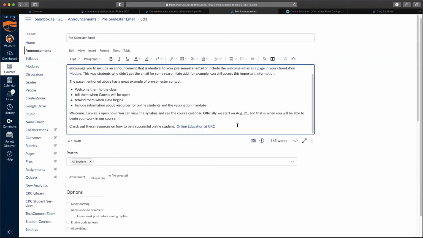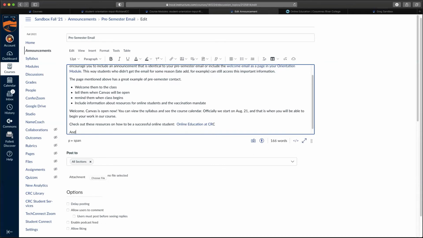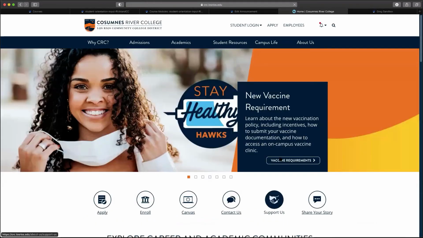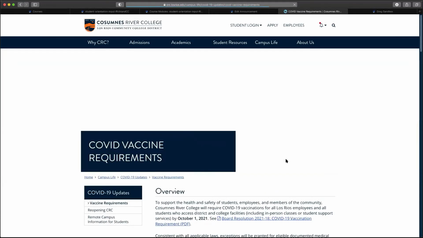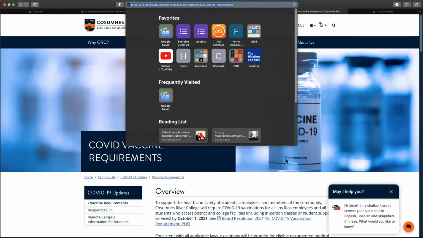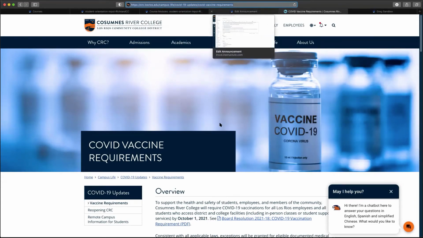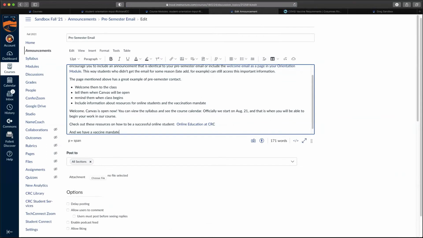And we have a vaccine mandate. I'm just going to go straight to that page and copy that. So if I go to the home page, here we go, vaccine requirements, perfect. Okay, copy that. I separately emailed my students because I thought this was important enough about the mandate and the